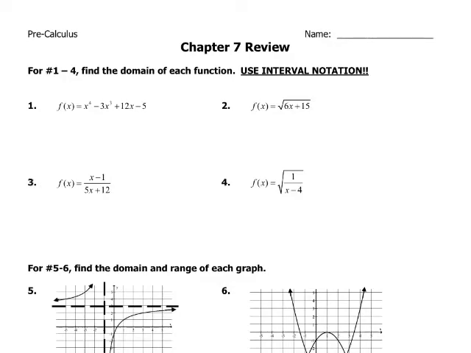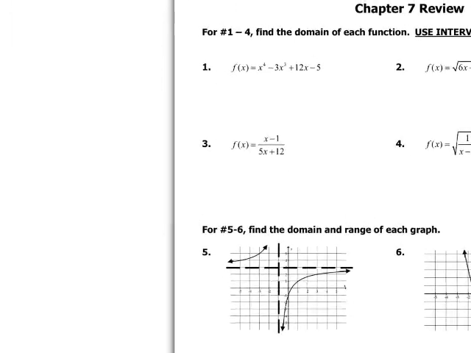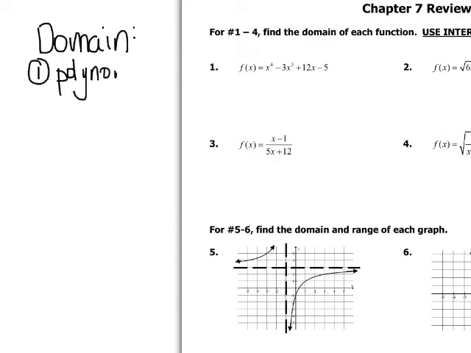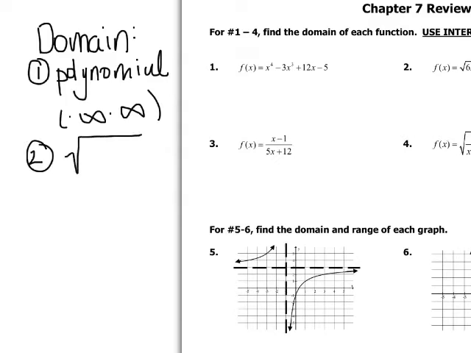Okay, so Chapter 7 review. For domain, remember that there are 3 basic rules for domain. If it's a polynomial, then it is negative infinity to infinity. No work required there. Second, if it is a square root, then you set the radicand